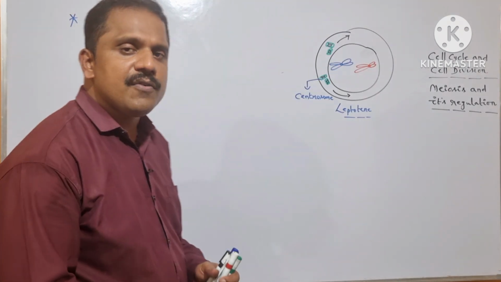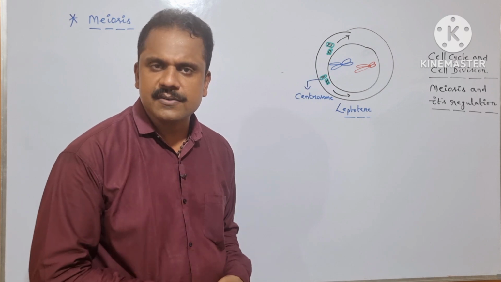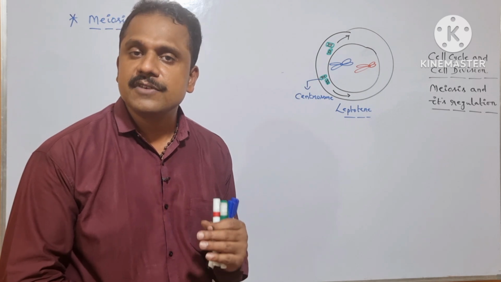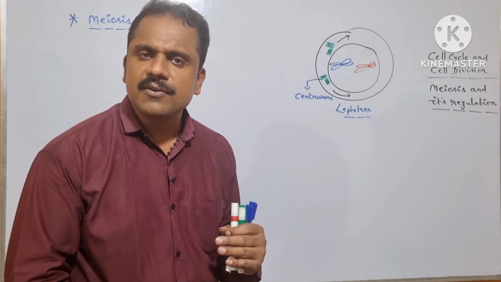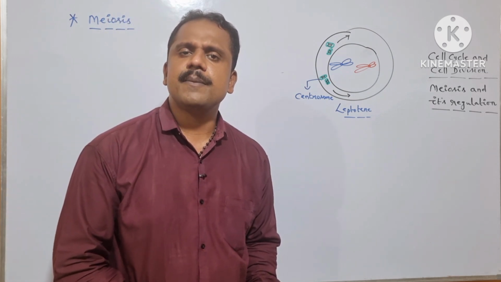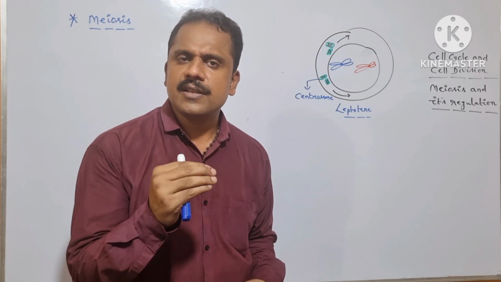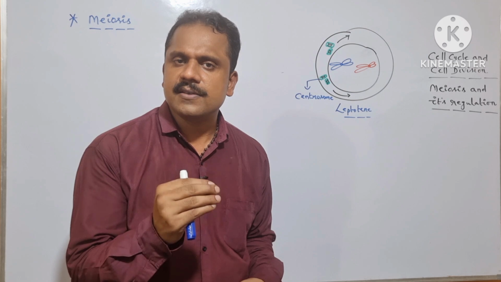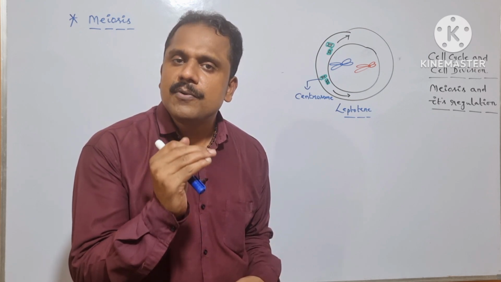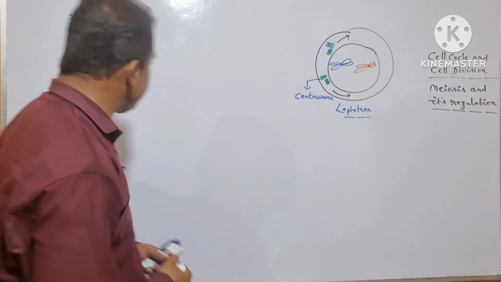As I already mentioned, the prophase 1 of meiosis 1 is typically much more complex in comparison with the prophase of mitosis. And basically the prophase 1 of meiosis 1 has 5 different stages, which may include leptotene, zygotene, pachytene, diplotene and diakinesis. So at first we will be studying regarding leptotene. So what exactly happens during the leptotene stage? During the leptotene stage, the compaction of the chromosome begins. That means the condensation of the chromatin material begins during the leptotene stage, which is a part of the prophase 1 of meiosis 1. Is it clear? So let me write it here.